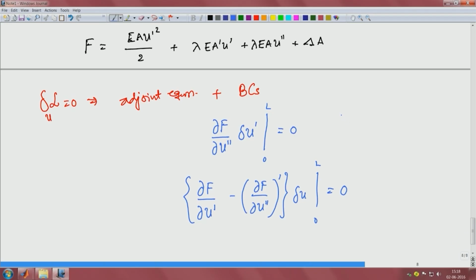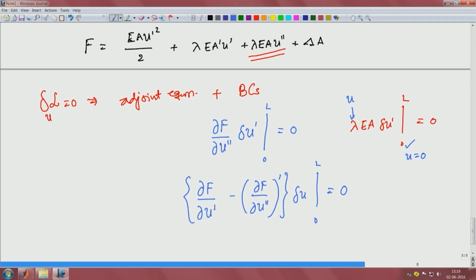Okay. Now let us write them down by looking at this f there. So what does this tell us? This one, ∂f/∂u'', where is it? It is over here. So that gives me λ E a, right, that is it, times δu' at 0, L should be equal to 0. Also note that this λ here is nothing but u, that is what is true. So at x equal to 0, u equal to 0, we satisfy the boundary condition. Now at the other end, at x equal to L, u is not 0 because it is free,